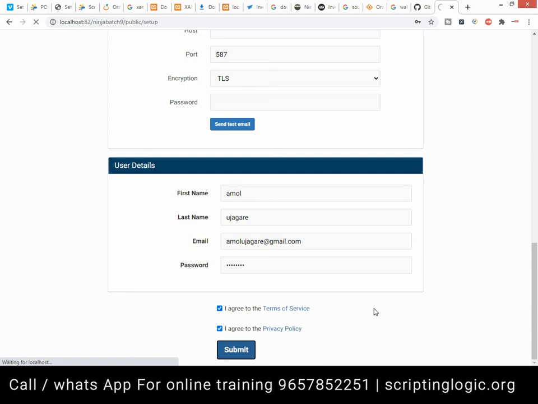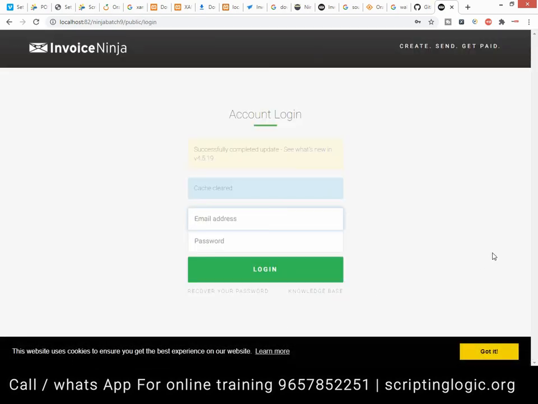And in a moment, you will see a complete application is hosted. Just hope for good. Always remember that although it is taking some time, you don't have to click here forcefully again and again, right? So it is installed. Congratulations to us. I had no hope actually that it would be installed, but it is installed. So Amol Uzagare at gmail.com is the username, and the password is Amol1234, and I'll say login.